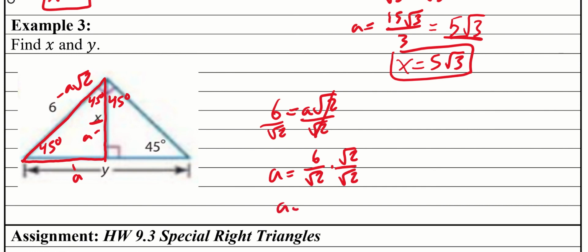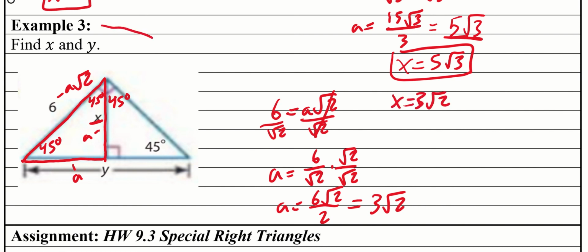When I do that on the top, I have 6 and the root 2. Those cannot be combined, so I'm just going to put them right next to each other. And then on the bottom, we have square root of 2 times square root of 2. That is just 2. And then make sure you don't stop here. There is one last step. I can simplify the fraction. 6 over 2 can be simplified. 6 divided by 2 is just 3. So this is 3 square root of 2, or in other words, I'll write this up top, x in this problem,